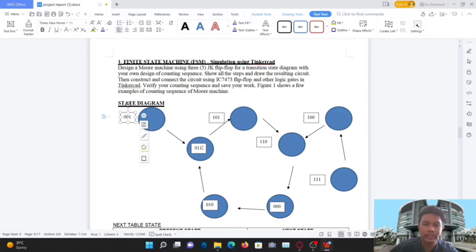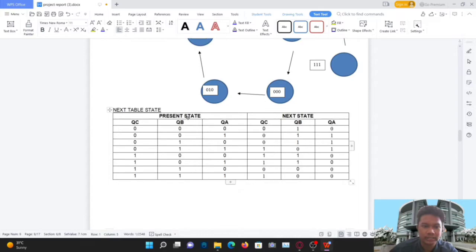So for the next one is the next stable state. The next stable state is the present state and the next state. So for the present state, QC is 0000 and after that, okay. So for the next step you have to watch this Q, 0 0. That means 0 to